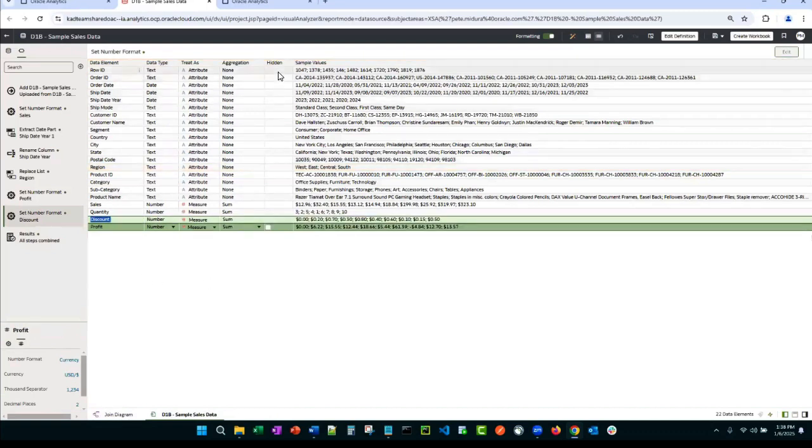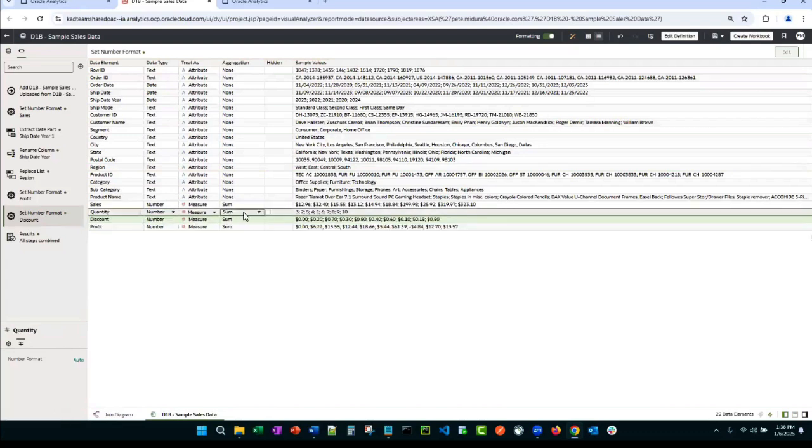You also have the option to maybe hide or maybe change the aggregation methods. The system defaulted to a sum, but I could come here, change it to any of the other built-in aggregation methods. So this is a good view of taking a different view of your data for doing some other tasks. I'm going to go back to the main view.